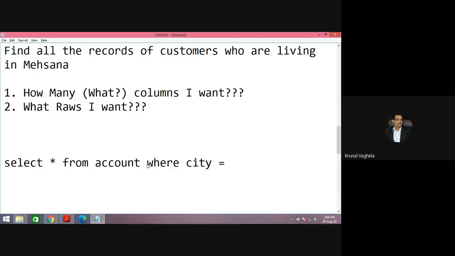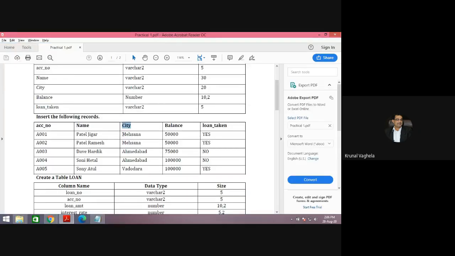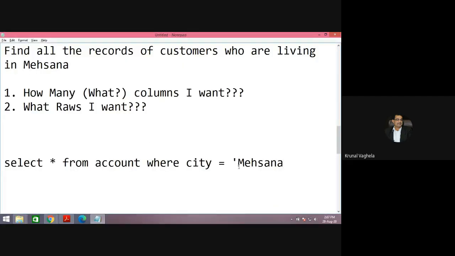is equal to single quote. And as I told you, the value is case sensitive, so you need to write exactly Mehsana. So what does this say? I want all the records from the table account where customers are residing in Mehsana.